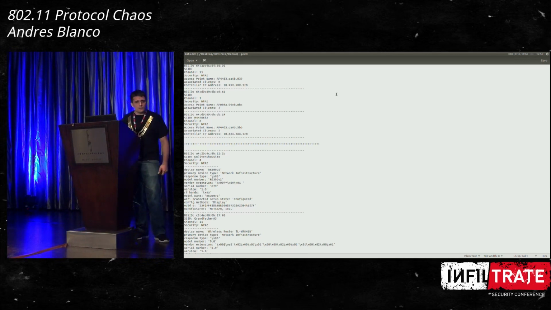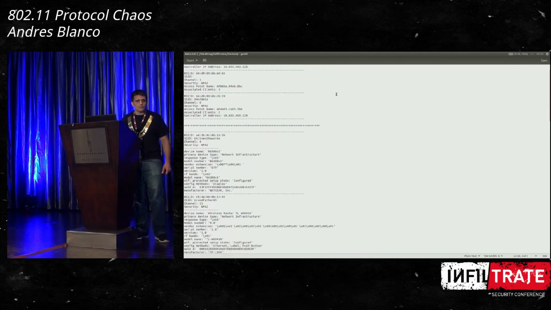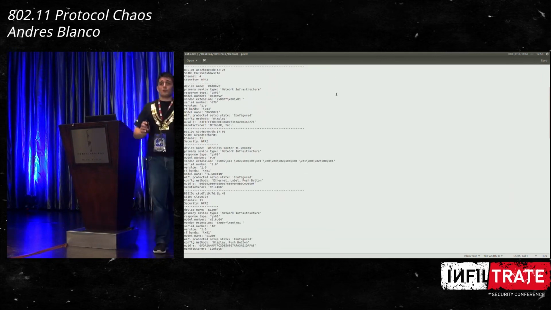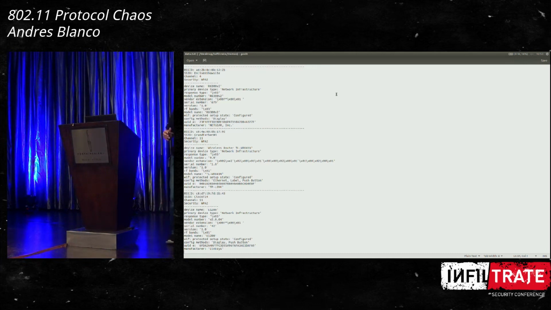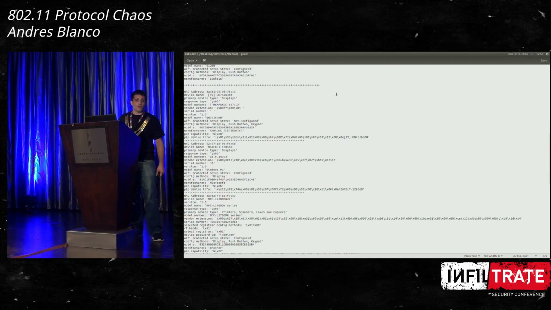Then, this was a really bad choice to do for a demo. I'm sorry about that. Then we have, for example, these WPS devices that are sending a lot of information. For example, the manufacturer, TP-Link, Netgear, the model of the device here. This in particular has a lot of bugs. And this Cisco, for example, here. So all this information for your wardriving is really useful to gather information about the networks.